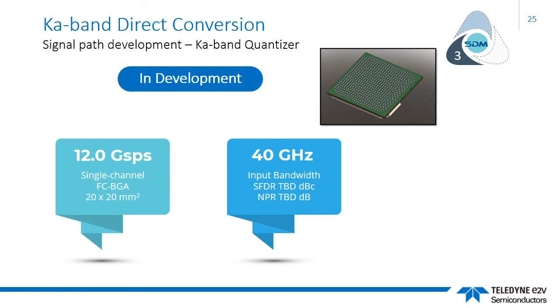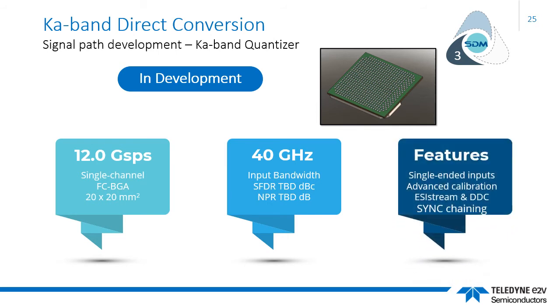Whilst the company remains tight-lipped on specific dynamic performances of this system-in-package solution, it is to be expected it will achieve over 50 dB spurious-free dynamic range across most of the Ka band. The device will again use multi-chip module assembly techniques and reach end customers as a system in package solution. It'll feature a modest 20mm square LAN pattern.